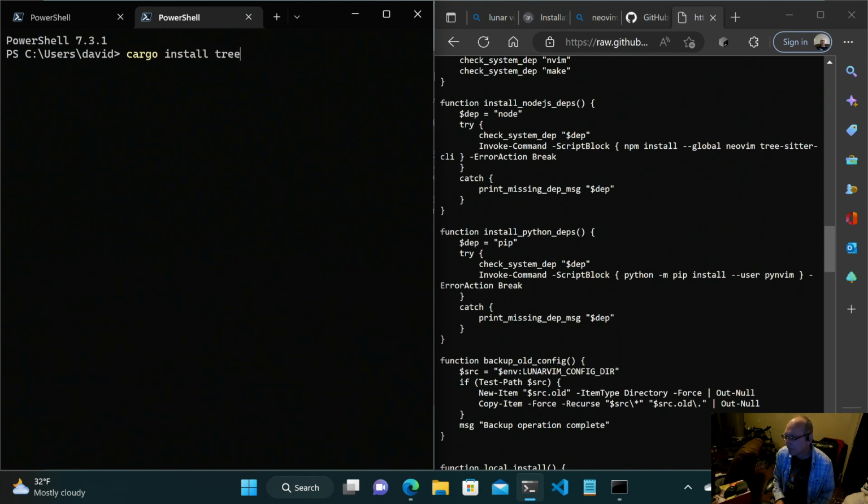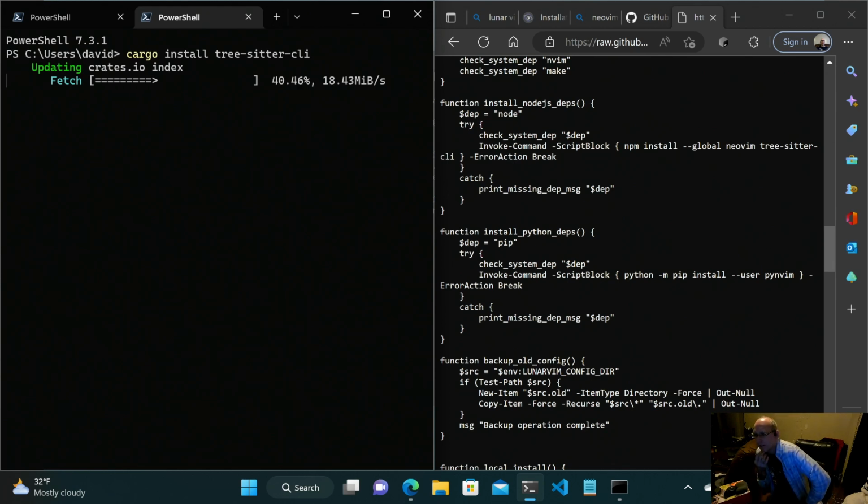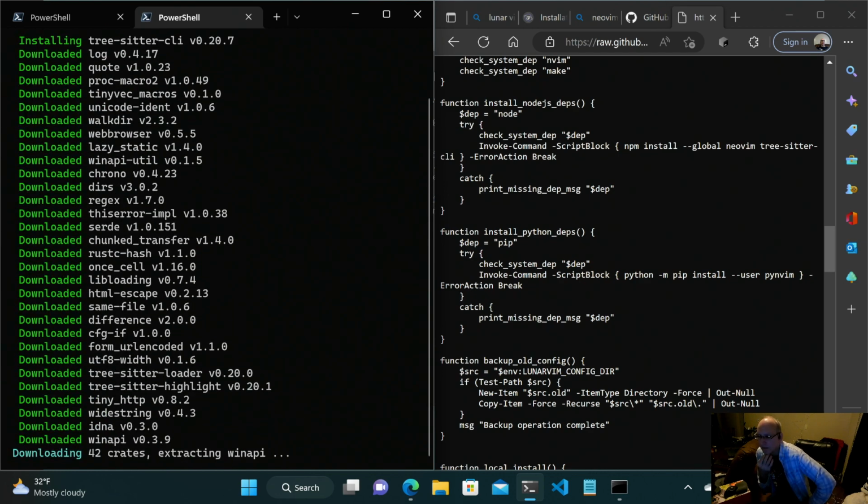tree sitter CLI. That updates its crates info. I'm guessing it downloads that into its file so you can more easily search through it. And then it